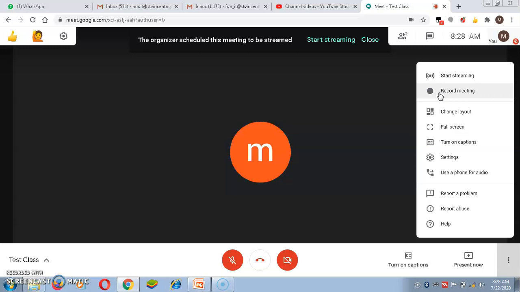But thanks to IT technologies and virtual classroom tools, in a virtual classroom you can always have the recording of your meeting. Once you stop the recording and leave the call, Google automatically sends you the recording link in your mail ID. These recordings are stored in your Google Drive, which also saves the memory space of your personal computer.